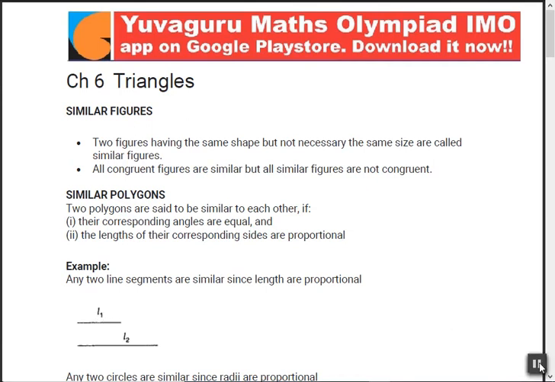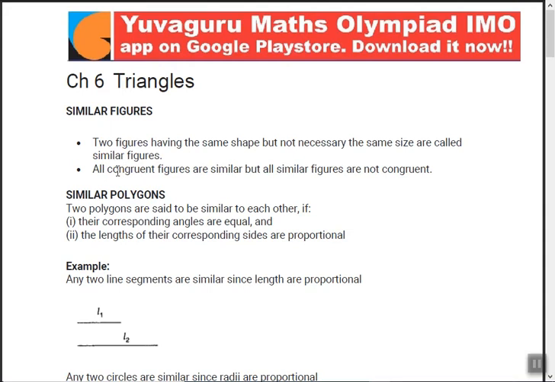For example, in our schools, we make models of various rockets and various scientific projects. Are these models and projects the same? No. Are they of the same dimensions, same height, same width? No. But we make a prototype. That is called a prototype, and that is known as similarity. So let's move on. Two figures having the same shape but not necessarily the same size are called similar figures, right?